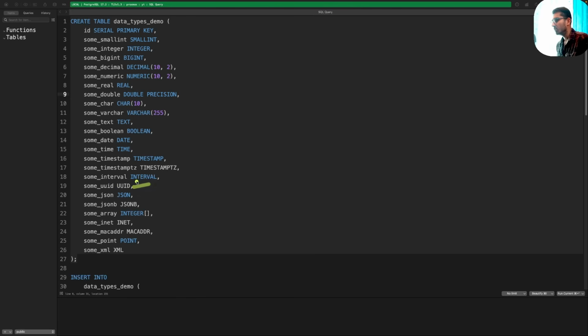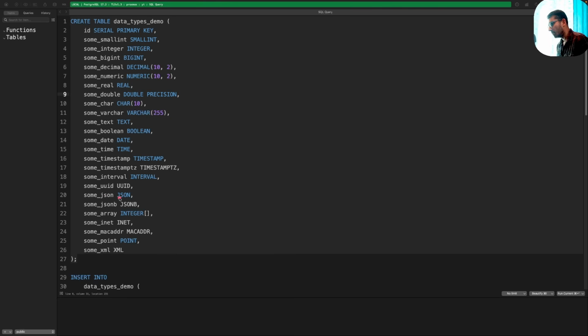Then we have UUID. UUID is a very popular choice when it comes to making table primary keys, right? Because of their URL friendliness and their unique nature. That's the reason Postgres offers a native UUID type right inside the database. Then we have JSON and JSONB. As I mentioned before, Postgres offers native JSON, and we have an extra type which is called JSONB, also known as JSON binary. The primary difference between JSON and JSONB is that when we use a field called JSON, this will be stored as plain text with the key value format that we usually see when we are reading